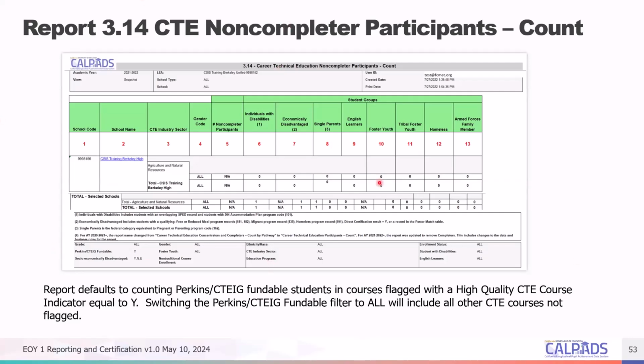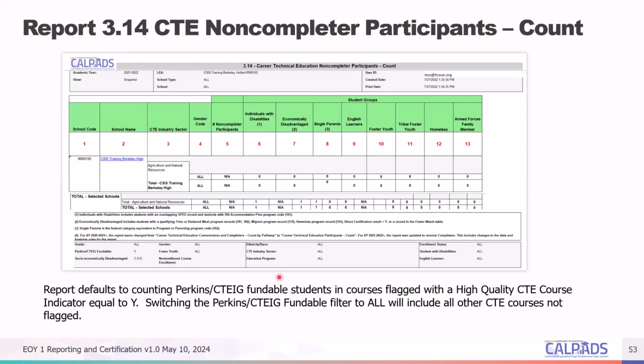So any non-completer students would be in this report. So if you have a student just taking a capstone course for elective and is not in a capstone program, that student would be here as well.